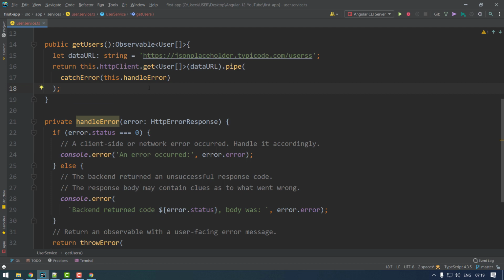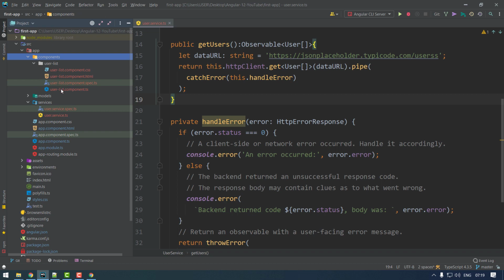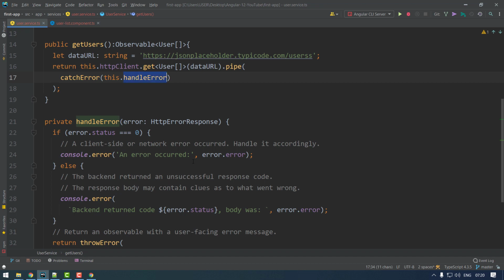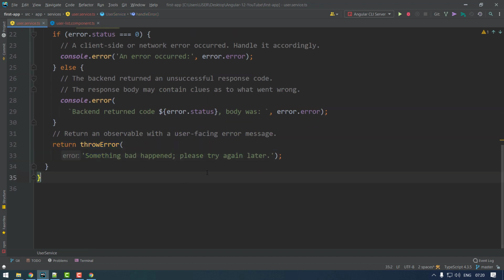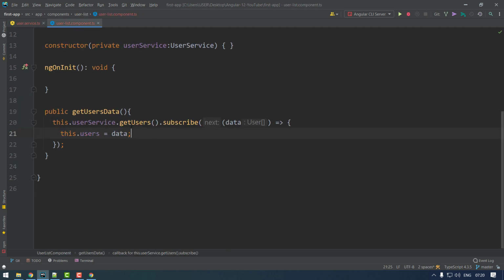But how can we catch this error? We are calling it, but how do we catch it? You can catch it in your component, so let's move on to the user list component. Here, once you have subscribed to the service, you receive the successful data from the server, and we also attach an extra callback for errors.